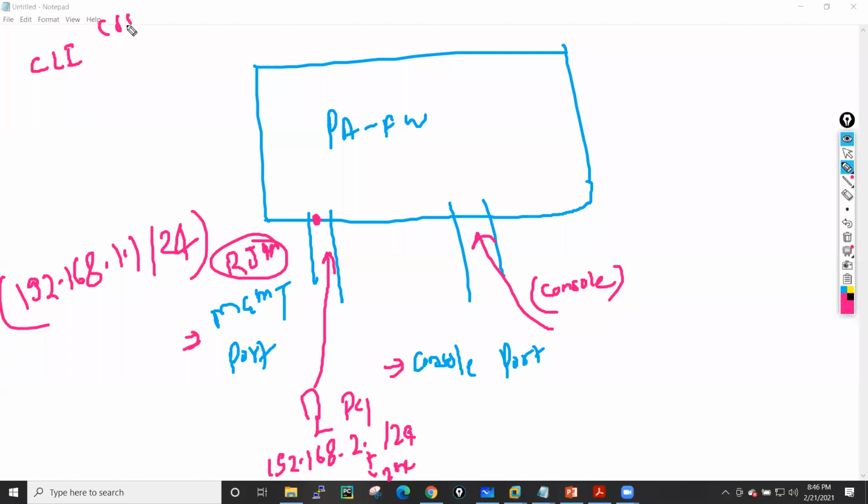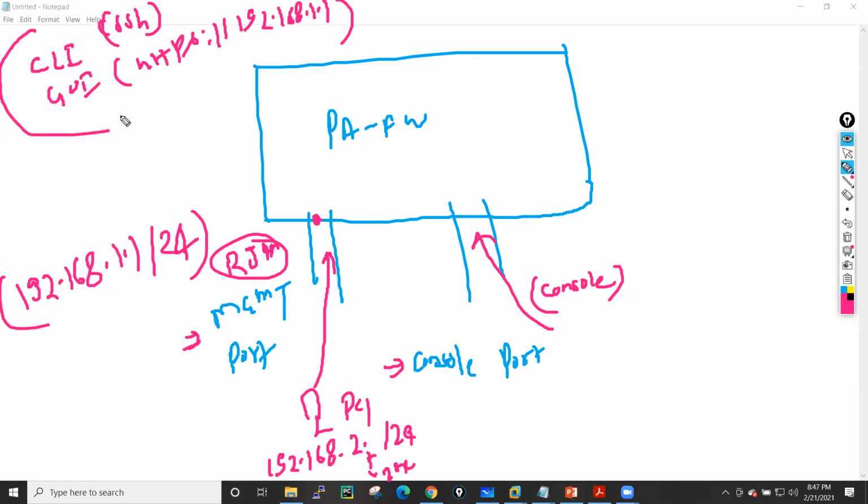For that you have to use SSH, or access this device by using the graphical user interface, where you type HTTPS colon double slash and the IP address of this firewall, 192.168.1.1. Whenever you access this firewall by these two methods, you have to enter the username and password.